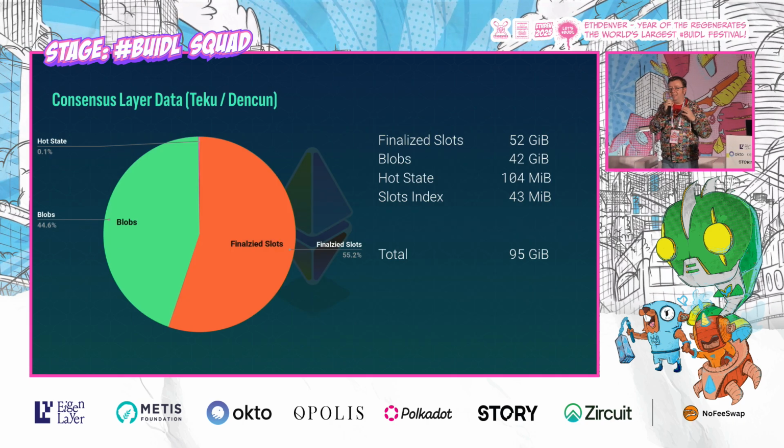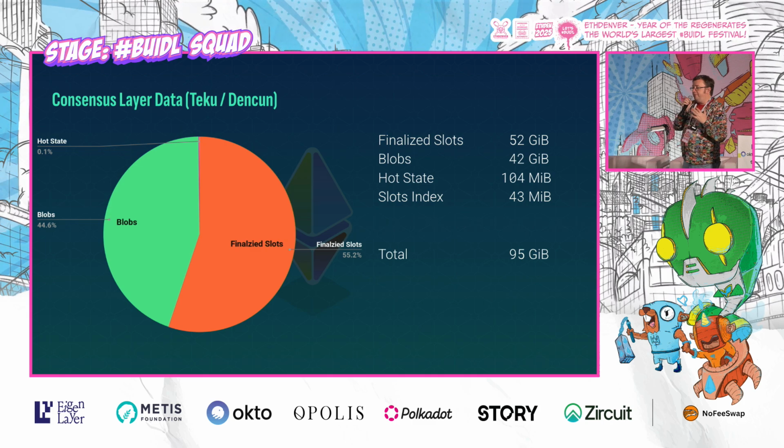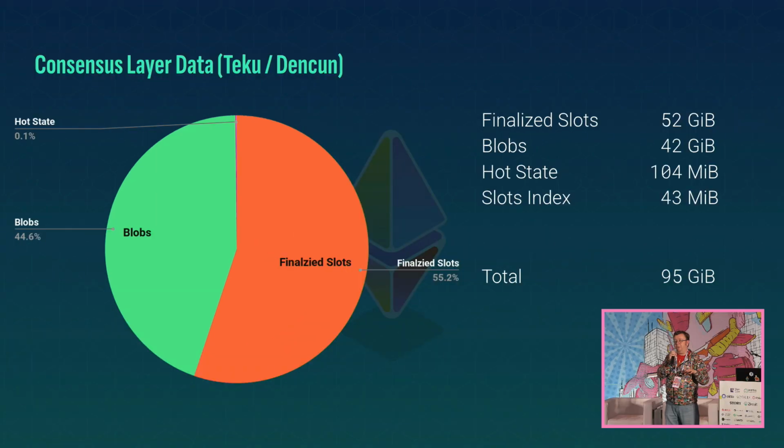So what this comes down to on a consensus client is you only need right now 95 gigabytes of data to run a consensus client on your node. The blobs cycle through every 14 days. The finalized slots, not quite as rigorous as the 14 days, but they don't have to keep all of it. So the size of the finalized block stays pretty constant. It's not going to grow like it does with the block history. So what they've done in consensus is they've got a very consistent target that this is what you're going to have to keep. And it's going to be fairly static. It's fairly predictable. We know what it's going to be. It's not going to grow without bound because we can prune the data. So consensus layer really has its act together.